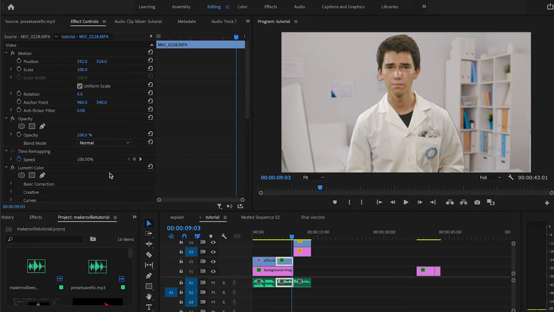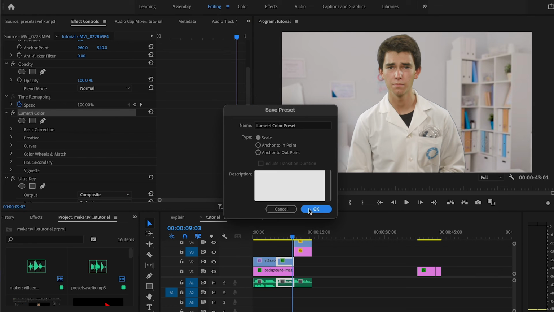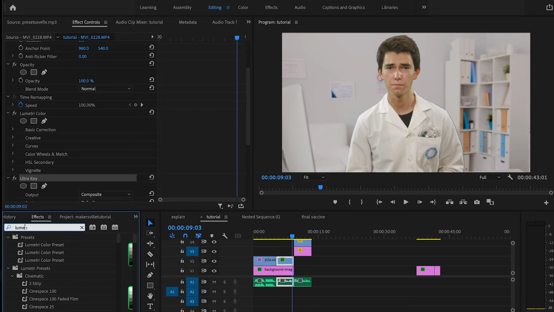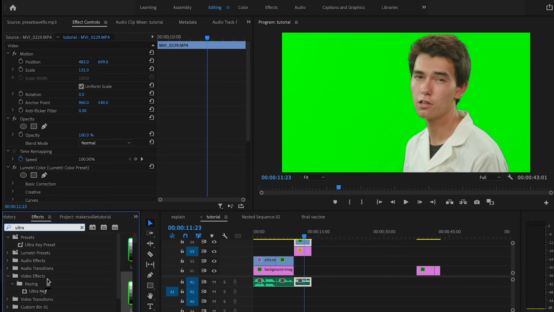Now, here's a tip. If you're trying to key out a green screen on several different clips of a video with the exact same lighting and camera angle, you can simplify the process quite a bit. After you've done one clip, you can copy the effects to the rest of them without needing to redo every single clip. Find the preset Lumetri Color and save it. Same with the Ultra Key preset. Then, you can find both in the Custom Effects folder of the Effects tab and apply each of these to all of your footage. Add graphics, text, and some light background music and you have a skit that's ready for